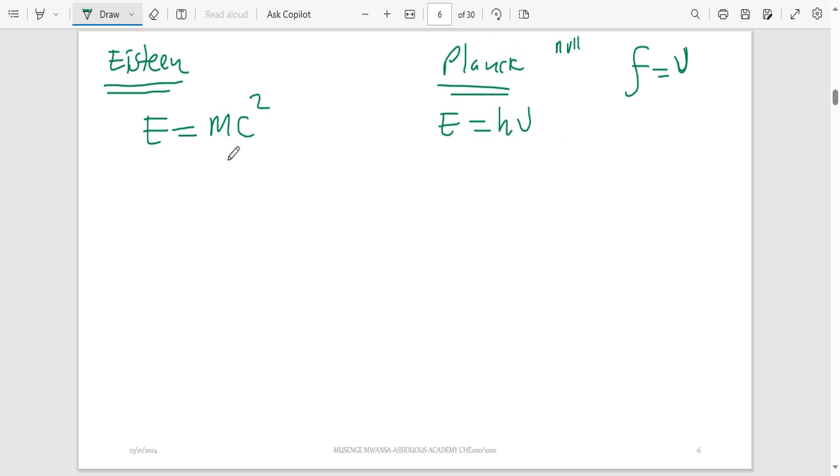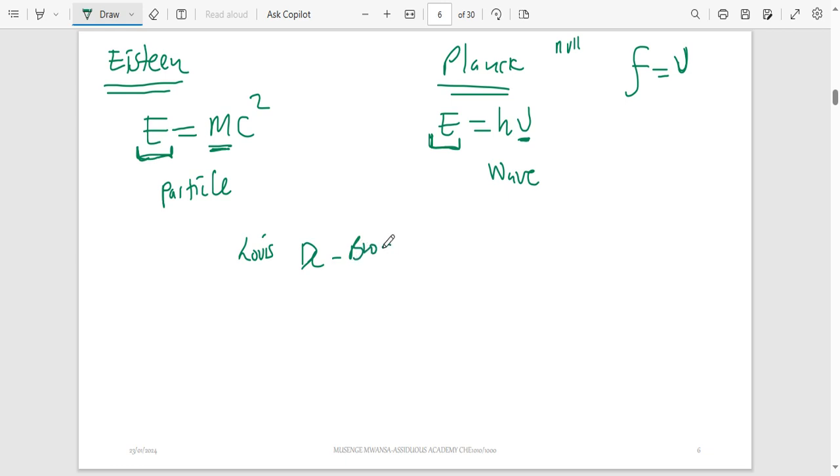So look at this. Anything that has got mass is known as a particle. And in high school, you learned that the properties of a wave are that it has wavelength, frequency, and speed. Because this one has a wavelength, it means that it is a wave. So what does this tell us? It means that energy is both a particle and a wave. That's the meaning. Now, another person known as Louis de Broglie